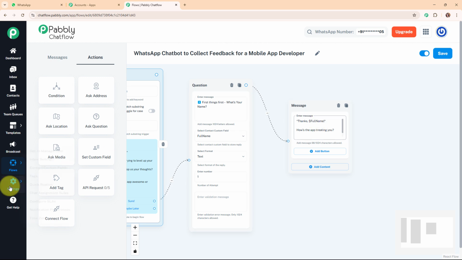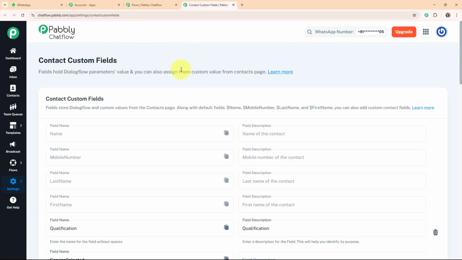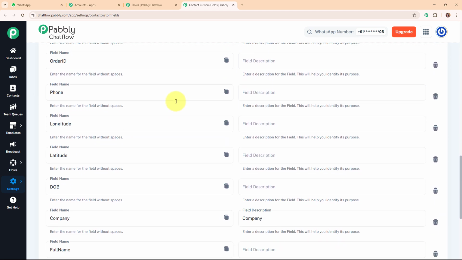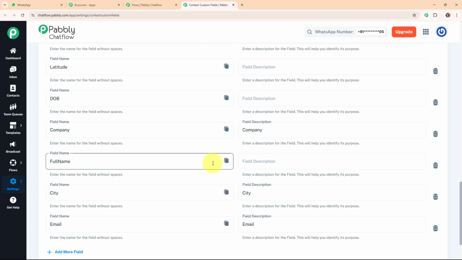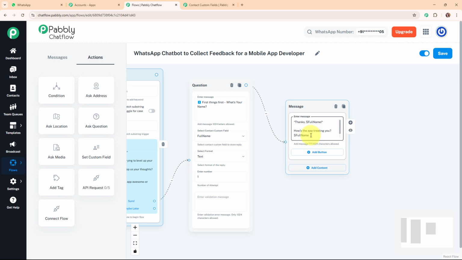To get this format, you need to open this contact custom fields in a new tab. Then under this contact custom fields, you can see some fields that I've already created. From here, you need to select your specific field, and then copy the field name. Once you copy it, move back to the flows, and paste that copied name on the space where you want to receive that value. When you paste it, you are going to get this particular format. Alright, so this was the process to get this format. And let me tell you that I have used asterisks here to make this text bold.